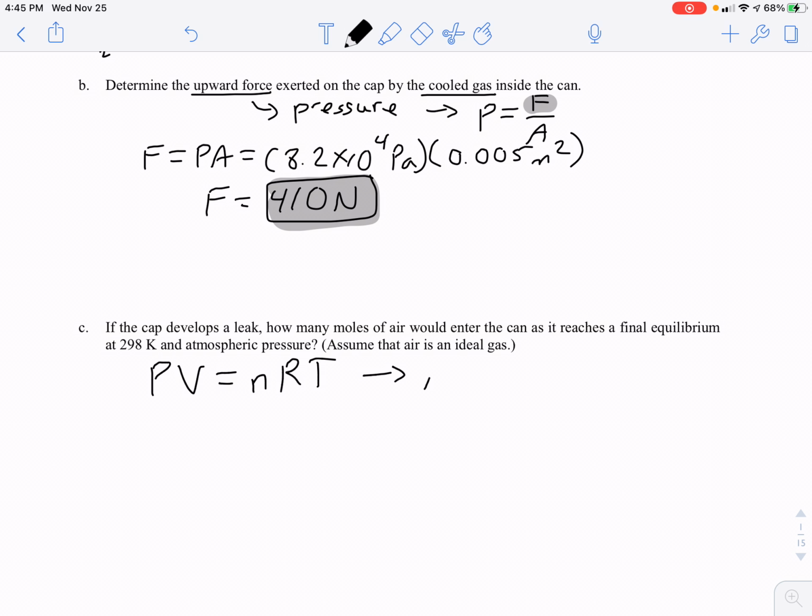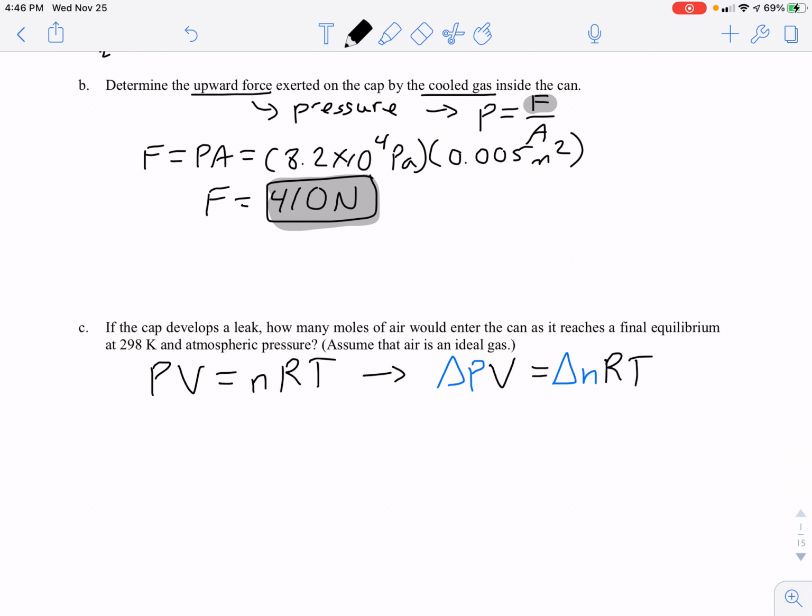The change in pressure times volume, that does not change, is equal to the change in the number of moles,